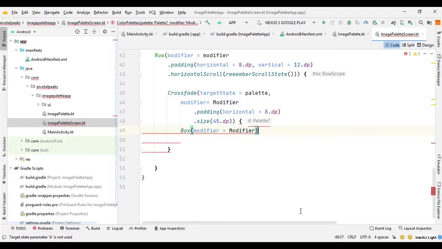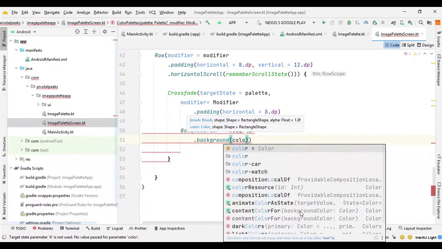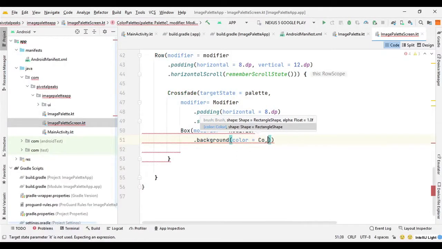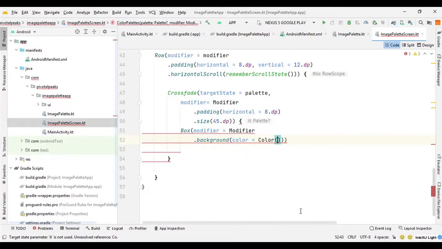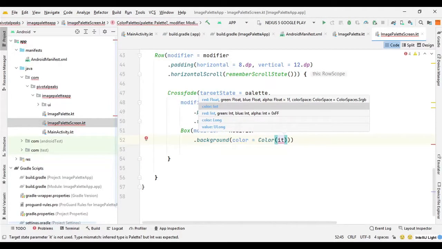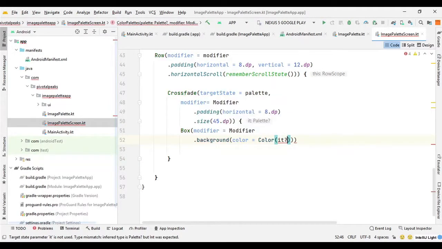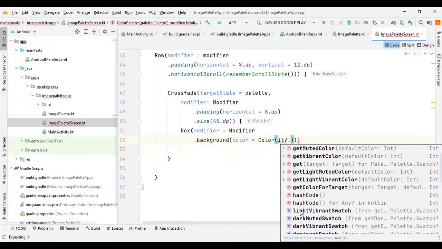So we can say modifier dot background, and here we need to provide the color. So we can say color equal color, and we can again pass the it variable and question mark dot, and we can get the colors.